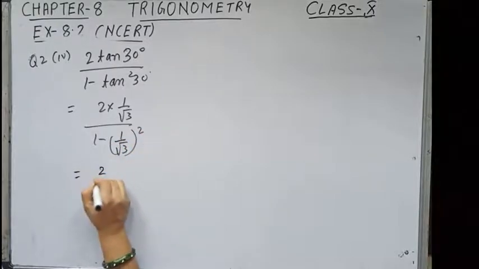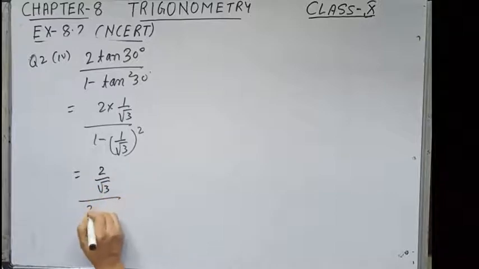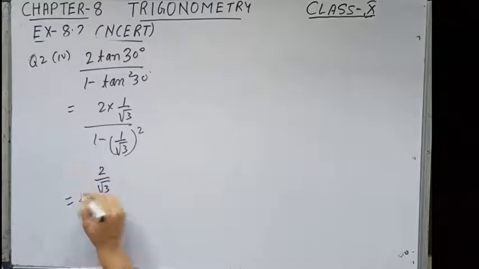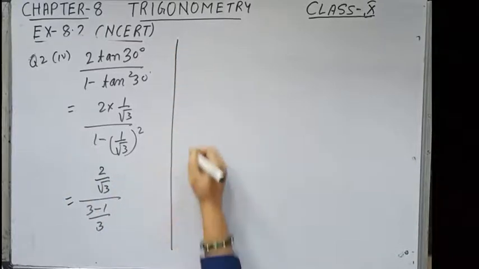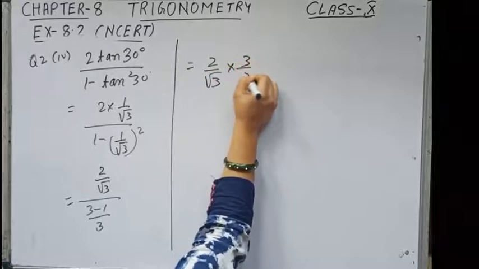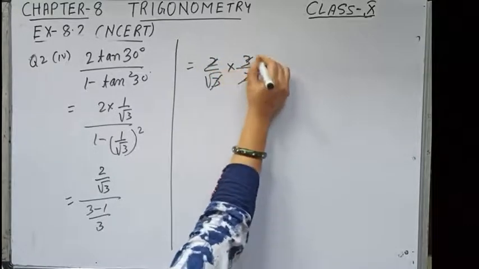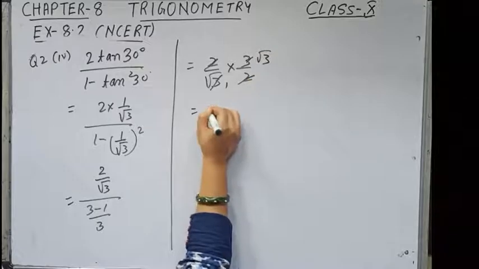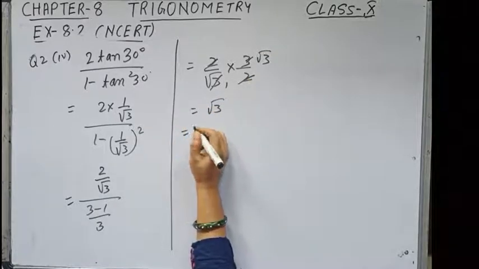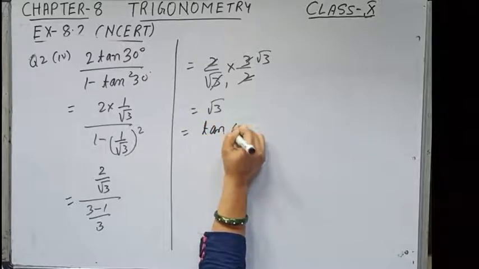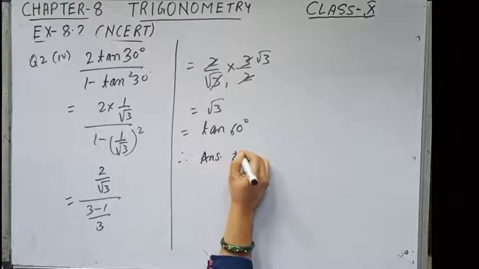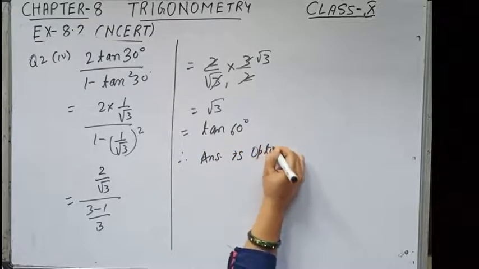Now this will be equals to 2 by root 3 by 3 minus 1 by 3. So this will be equals to 2 by root 3 into 3 by 2. So this will be cancelled and we will be getting root 3 over here, and root 3 value out of the given options is given by tan 60 degree. Therefore answer is option number